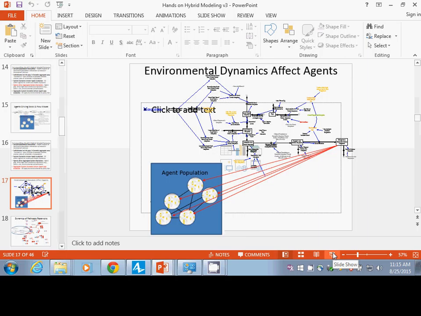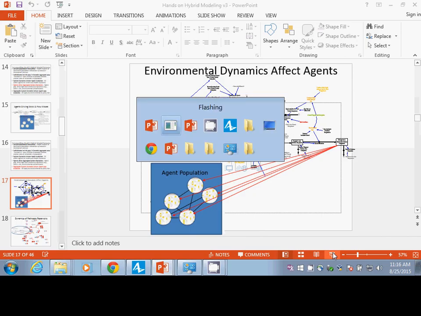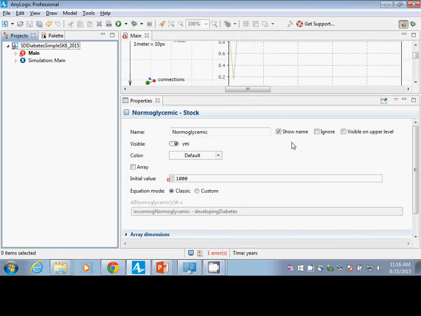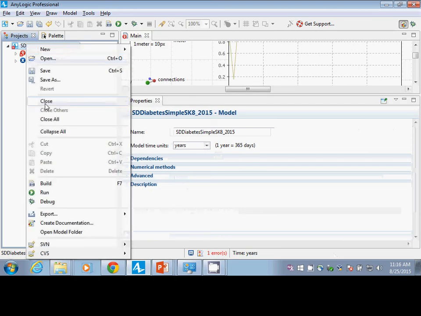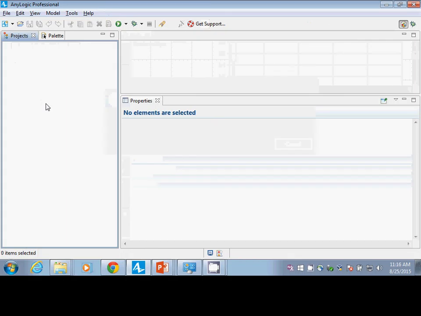Okay, so it's good to see some TAs here. Thank you for presenting. And we're going to now begin some exploration. So please fire up AnyLogic, and I would like you to close the model from yesterday so that we start with a blank slate, okay?